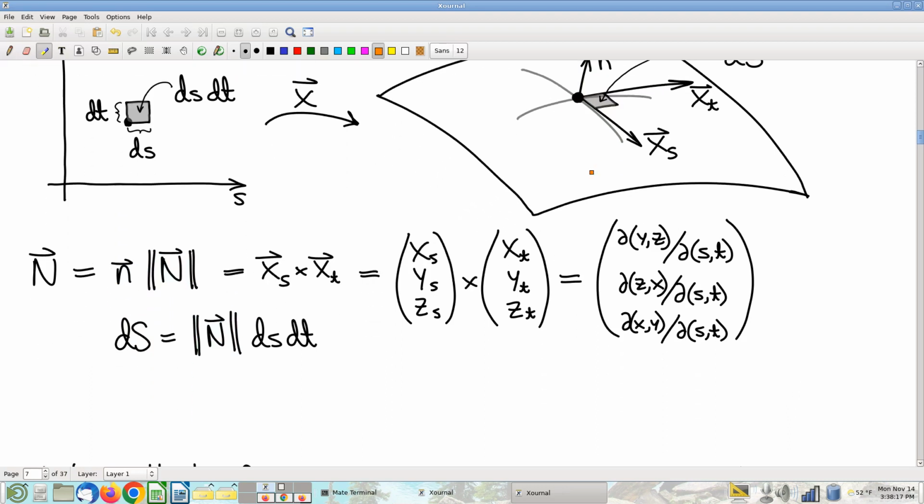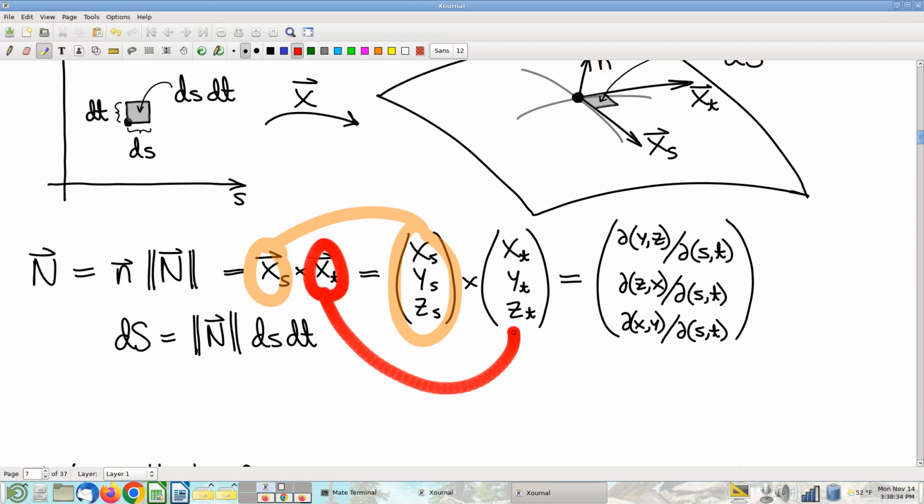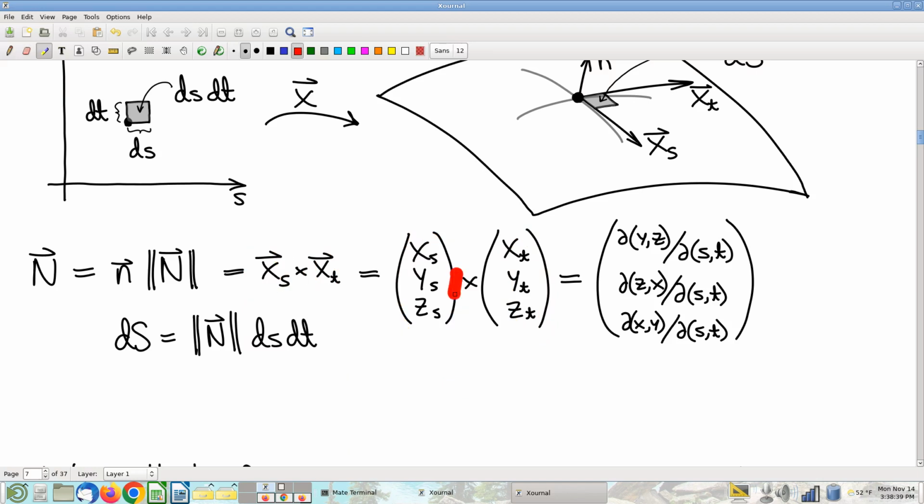So now just to supplement a little bit, the next little bit that I have on here is really a fairly innocent observation, but I'm just pointing out that if you were to take the S partial of a vector valued parameterization, well, partial derivatives, you just do one component at a time, so that's all that is. And then likewise here, the T partial, well, just one coordinate at a time. And once you have that written down, then you can say, well, I can actually crank out this cross product. If you have the coordinates, a cross product is just multiply and subtract in the usual way. And what you find, kind of oddly, is that each one of the coordinates then of the cross product is a Jacobian determinant,